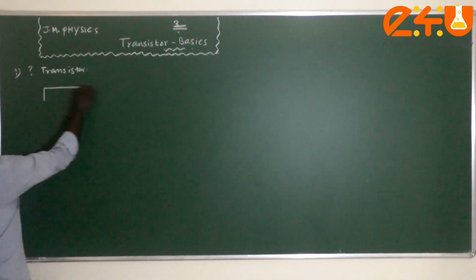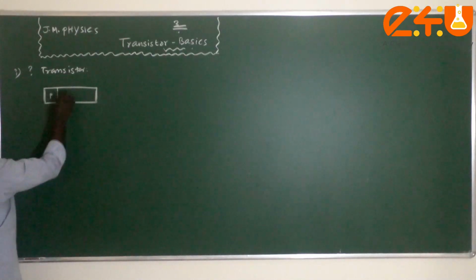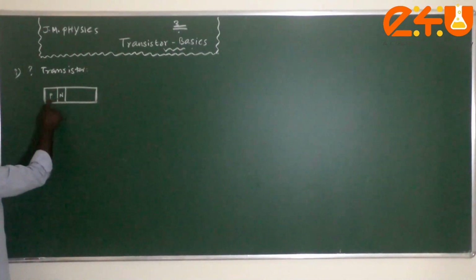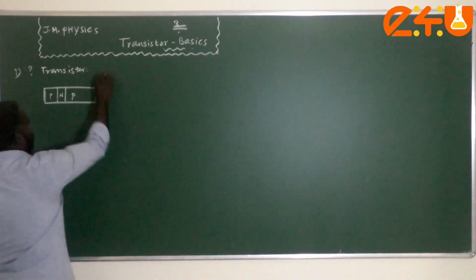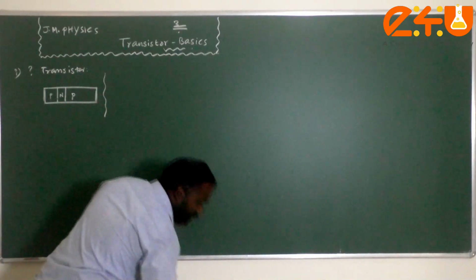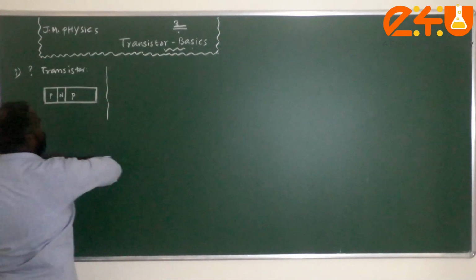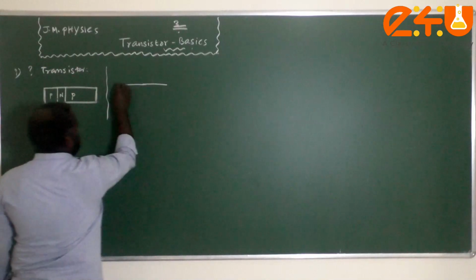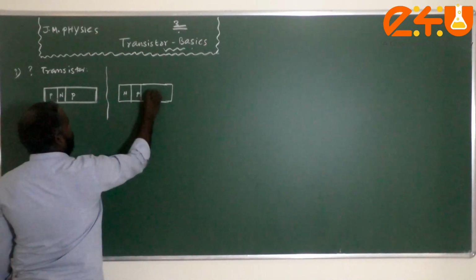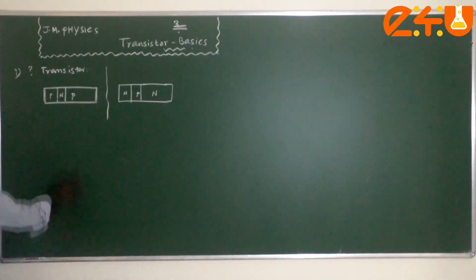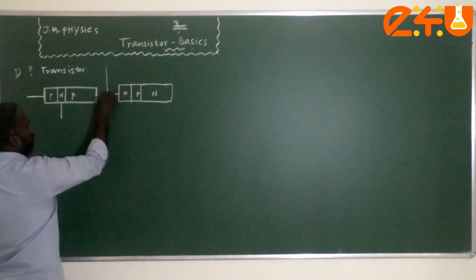A PN junction diode can be connected in two manners. One is P, N, this is one junction, and another the reverse of that, N and P, so this is PNP, one type of combination. The other possibility for the arrangement between the two junction diodes is NPN. You can see this is N type material, P type material, N type material. This type of back-to-back connection of two junction diodes is called a transistor.